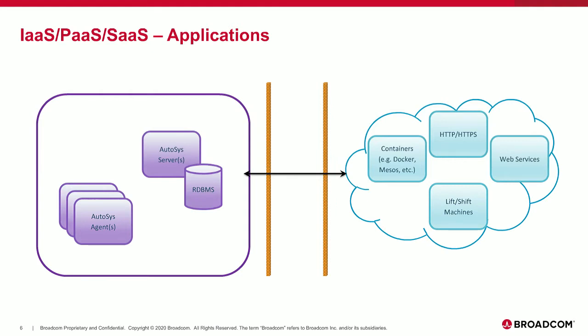And then SaaS, which is software as a service, which is typically an application that's provided. Someone has written an application, could be an internal application, but it's written such that